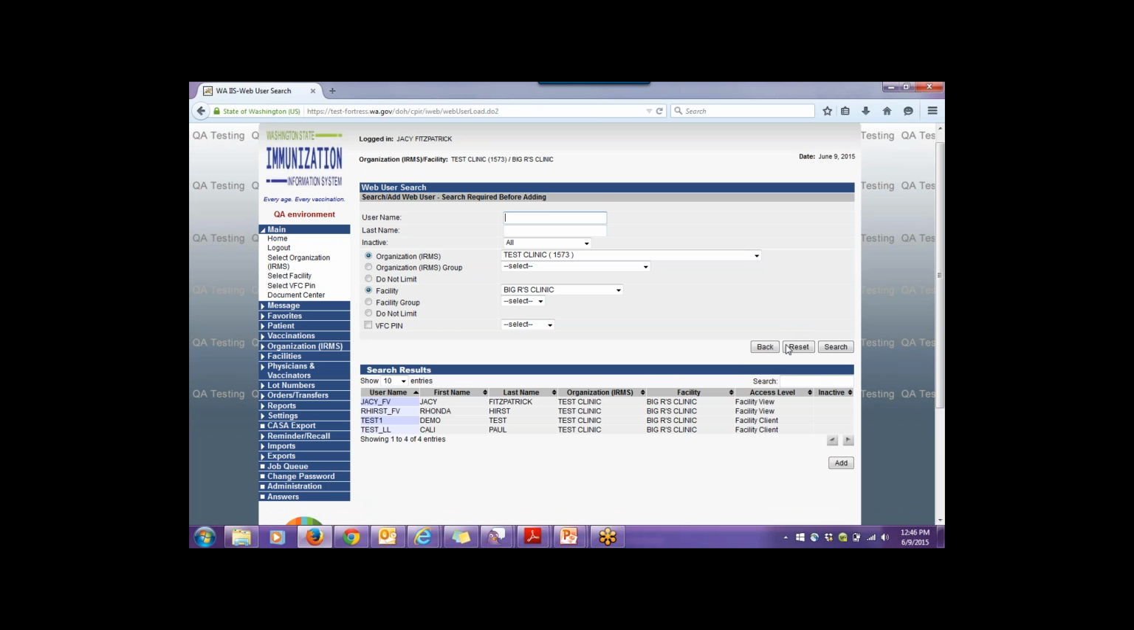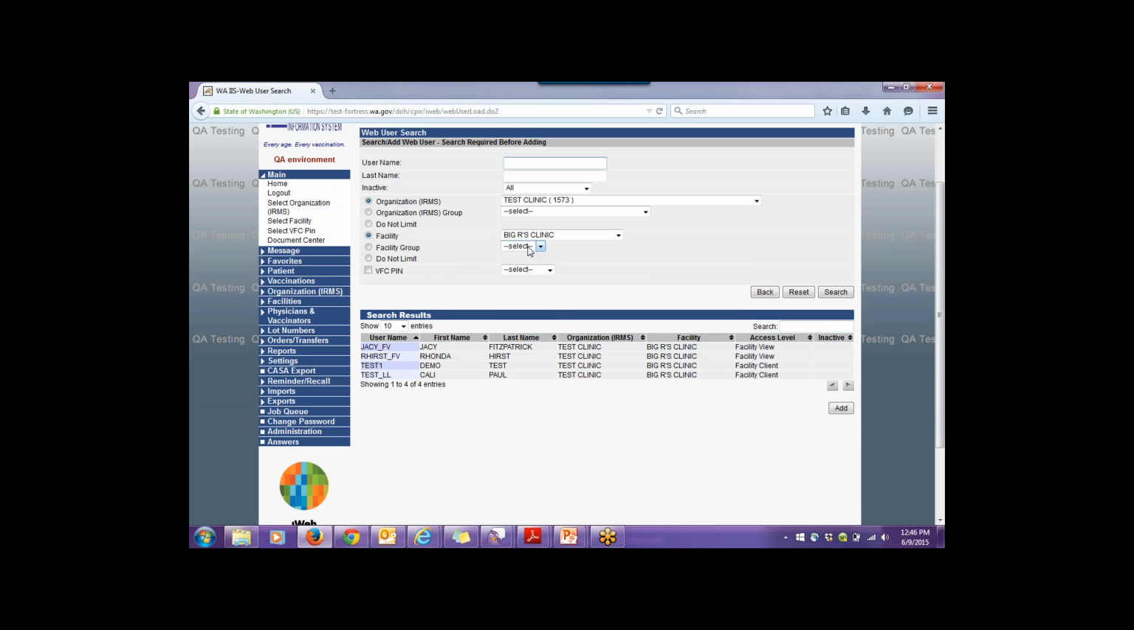So here you can see all the different users that I have underneath the Big R's clinic. And you can see here the different access levels. So we have some facility views and some facility clients. So let's say that you just wanted to make a simple change in somebody's user account. So here, if I just selected my name, or whoever's name that you wanted to choose,